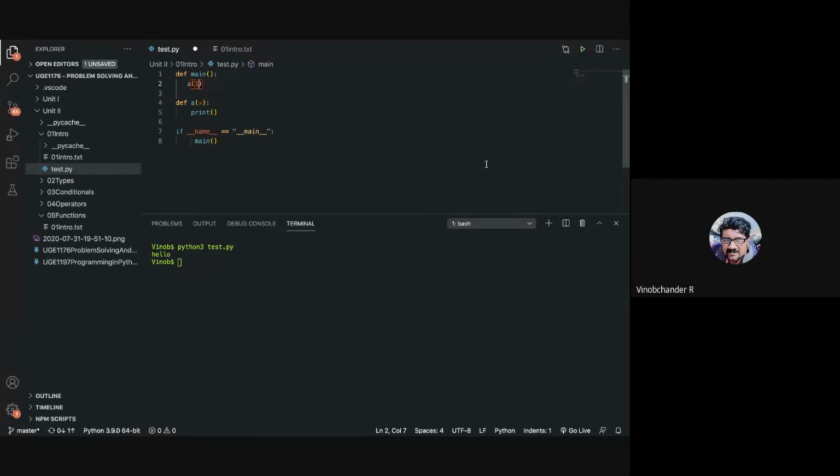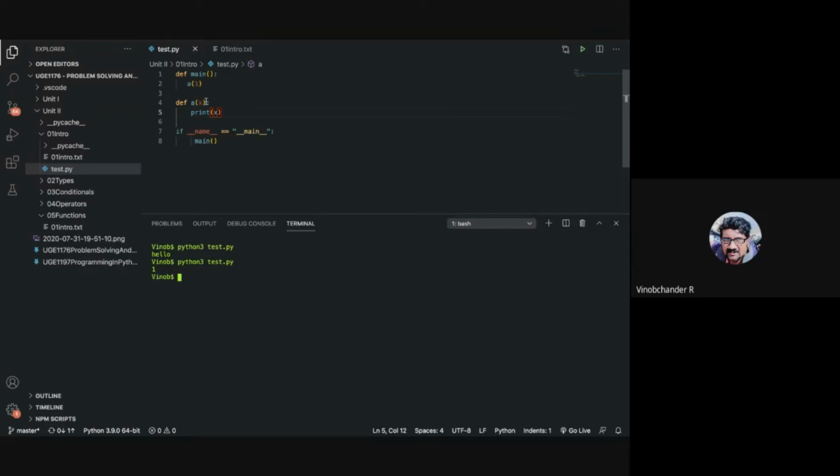So in this particular case, I am passing an integer value 1 to this particular function. And if I print X, what is going to be printed? 1.